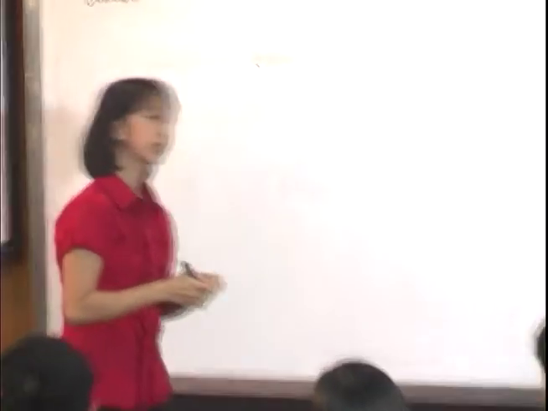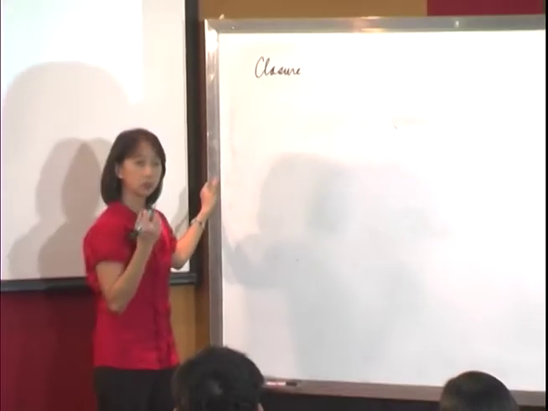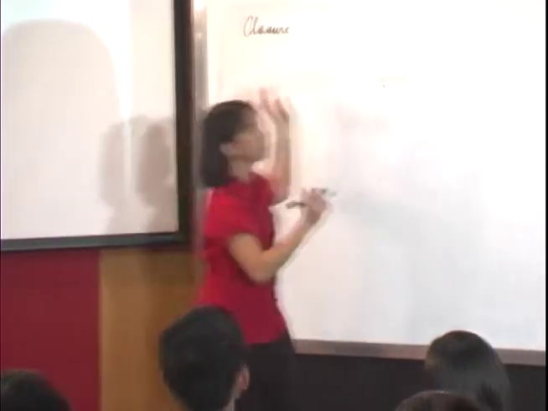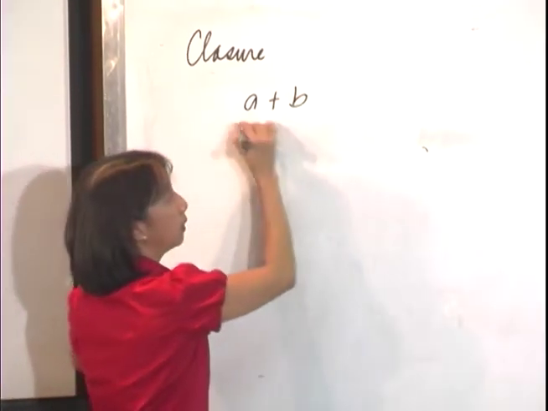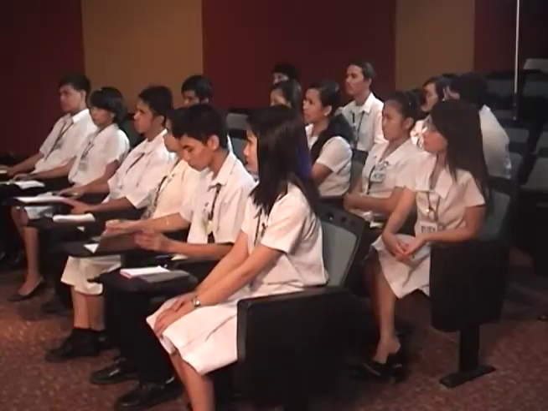What does the closure property state, Jay? The closure property of addition states that the sum of any two numbers is found within the set. Okay, so remember, we're dealing with set Z12. So we're dealing only with the numbers 0 to 11, right? So closure property, according to Jay, if we take any two elements and get the sum, will we find this